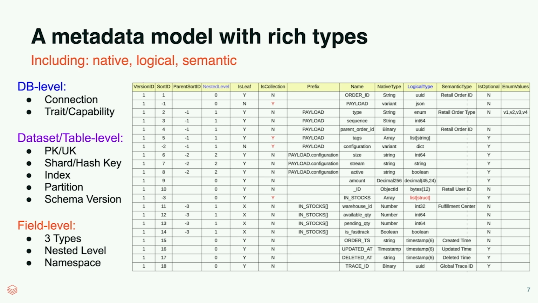The most tricky part is about the three different data types we're going to talk about, right? The native data type is the easiest one. Every data catalog has it. The logical data type is the one that is currently missing. If you have dealt with Avro and Parquet, you will see something called logical data type. But when you go to Unity Catalog and many other things, that one is gone. They only have the native data type.